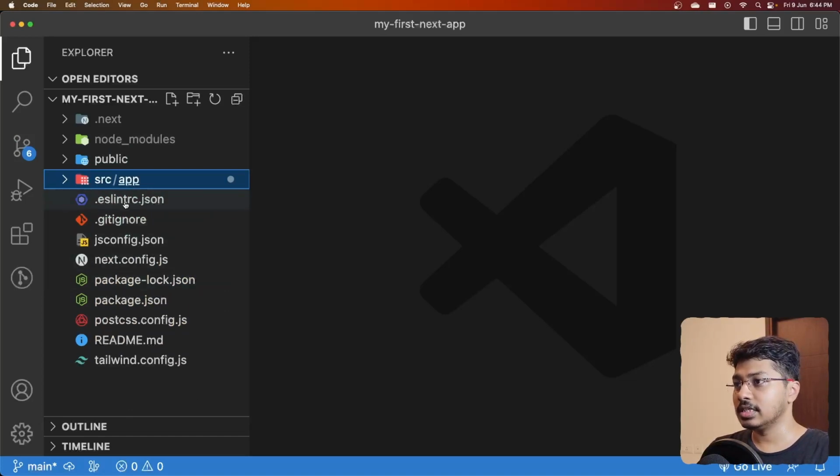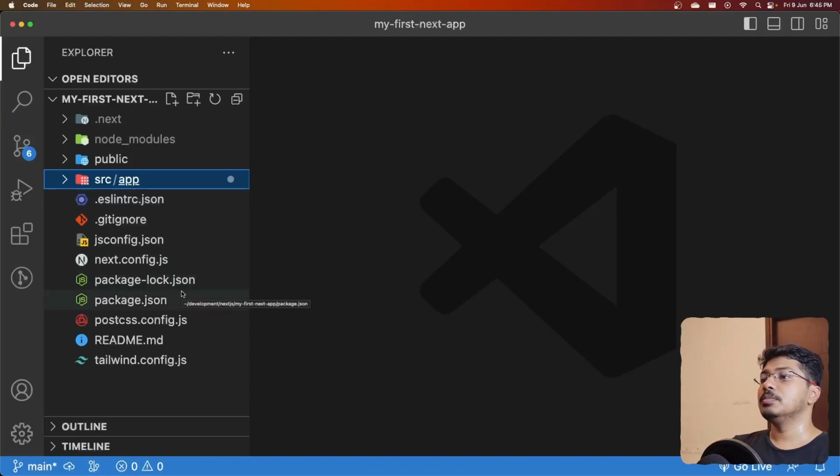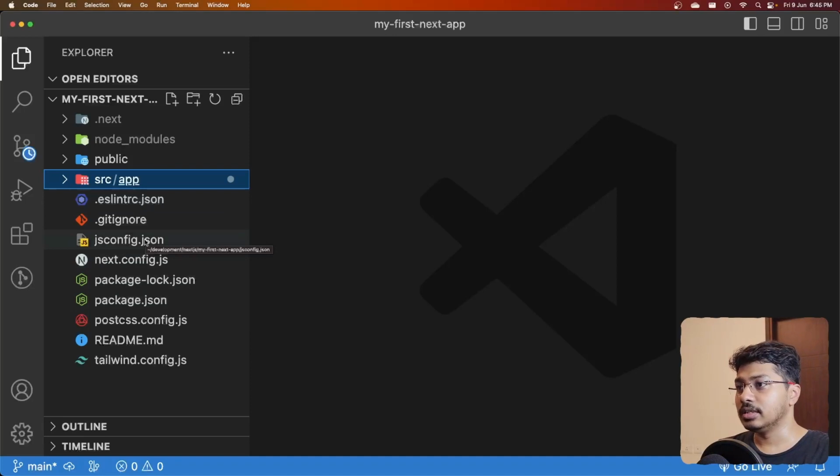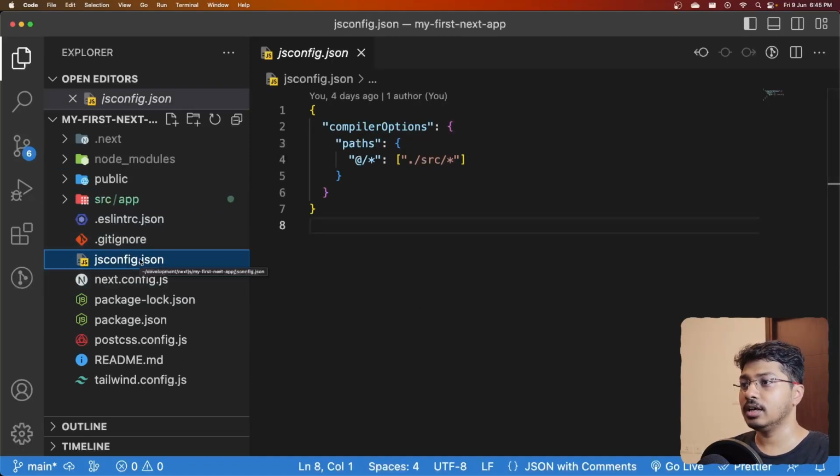So I have already discussed eslintrc, gitignore, package-lock, package.json. Now comes in jsconfig.json. jsconfig.json is again not specific to a Next.js project, but this is basically there to assist a code editor like VS Code or some other code editors. So every time jsconfig.json is present, the code editor would understand, okay, this is the root folder of a project. So jsconfig should be there in the root folder itself, and then Next.js uses it to configure the absolute imports